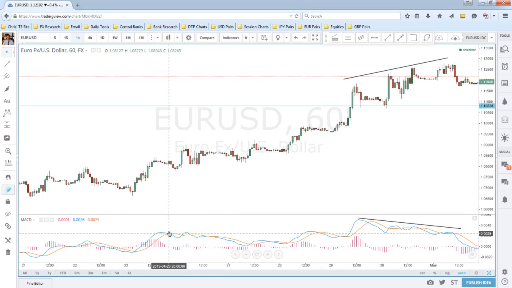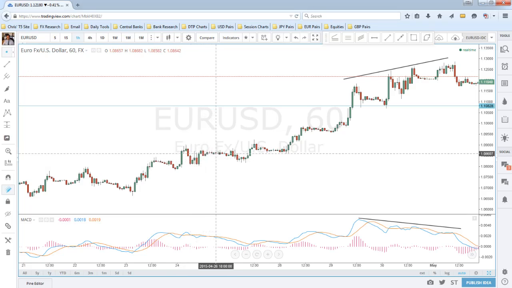Now look, you can see a bit of a divergence here. Price moved higher. The MACD made basically a double top right here. That is considered divergence. However, price never confirmed it, and we'll talk about this a little bit more. We need price to confirm it by taking out the low. Did not happen. Price instead continued to move very sideways here, and the MACD came all the way back